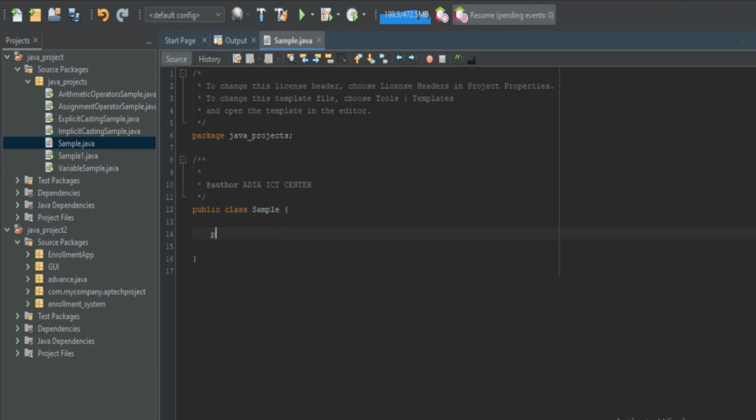You can always type PSVM, which stands for public static void main, and you click tab. It's going to appear. And I want us to print out something by typing SOUT, then tab. It is going to appear again, and I can now type what I want to print out on the console output. In this place it will be hello world. So this is actually how to create a class, and I'm going to explain